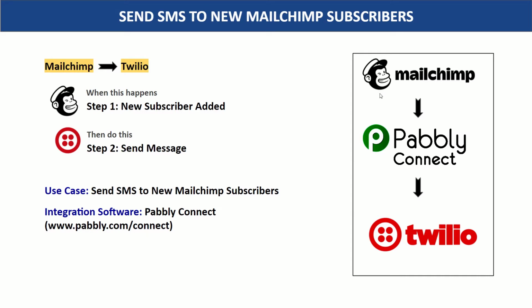So here you have two choices. The first choice is to copy all the details of John from MailChimp, sort it out, compose a message and manually send a message via SMS sending apps like Twilio. The problem is this method is very repetitive and tiresome. So I would suggest that you bring in some automation so that whenever a new subscriber is added in MailChimp, a message is sent automatically.